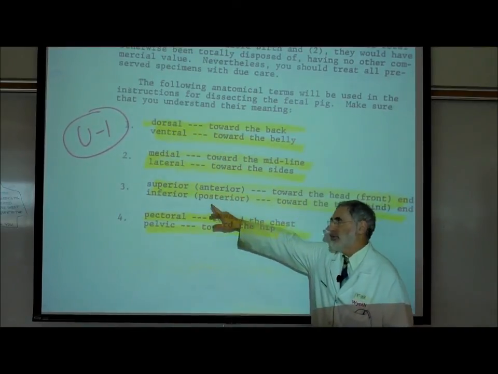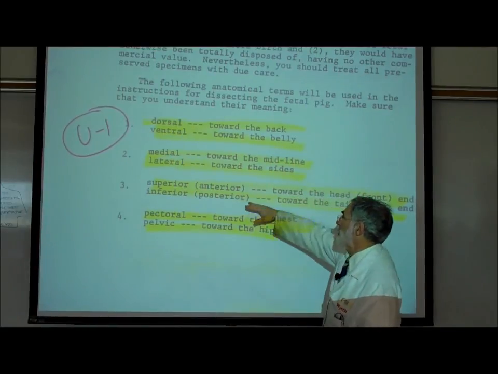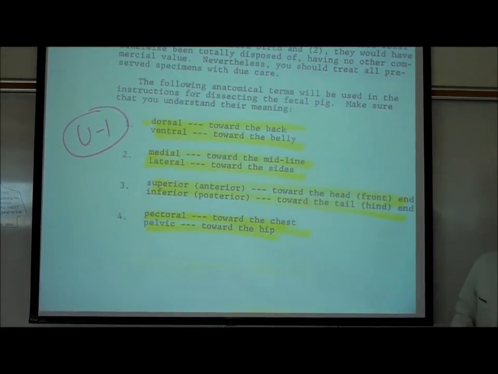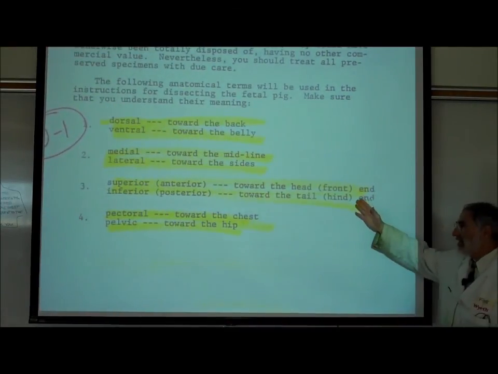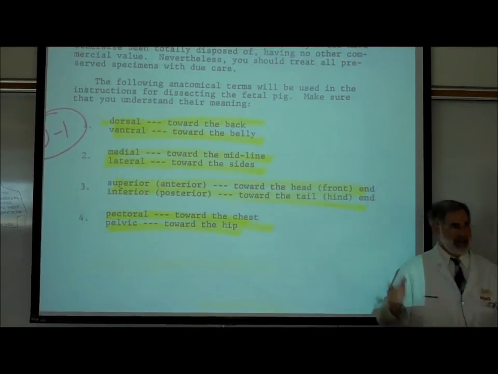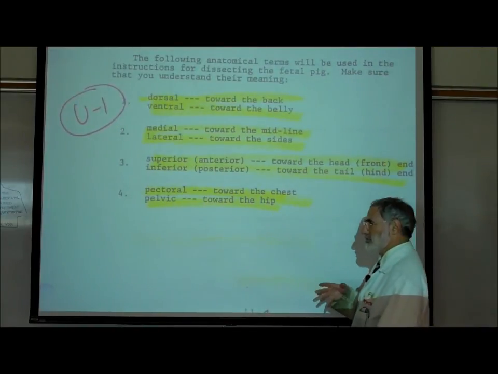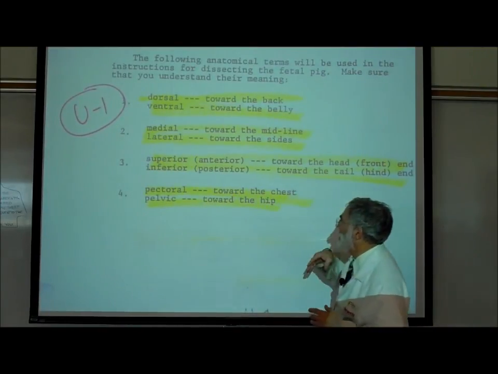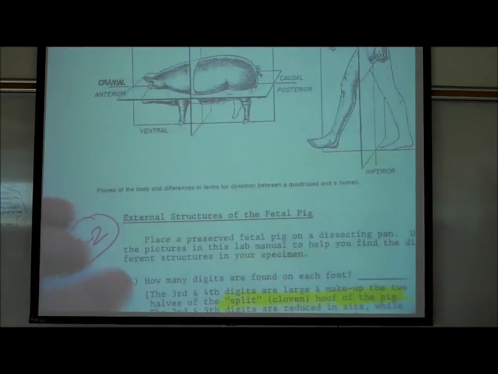Superior and inferior. We have been using those terms for superior vena cava and inferior vena cava. Superior or anterior means from the top part of the body, the head end. Inferior or posterior means from the tail end, the hind end. And finally, pectoral and pelvic. Pectoral means shoulder, chest. Pelvic means hip, like the pelvis. So we're going to use those terms. On page U2,